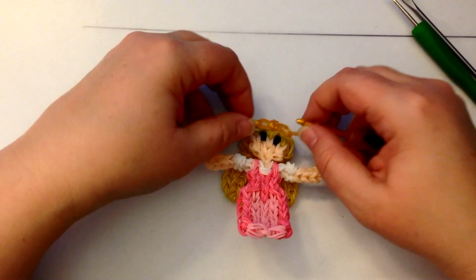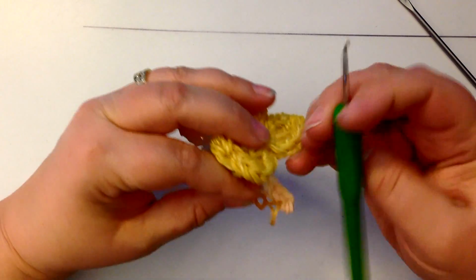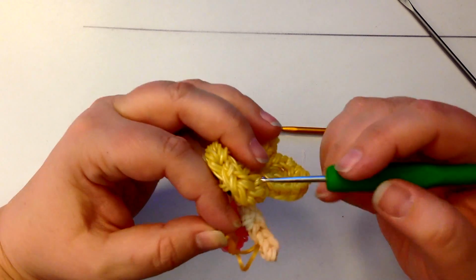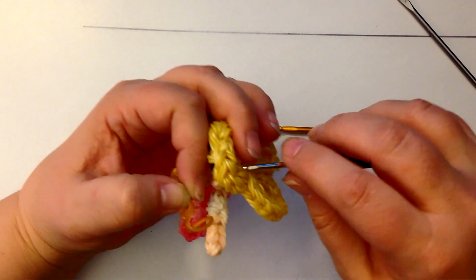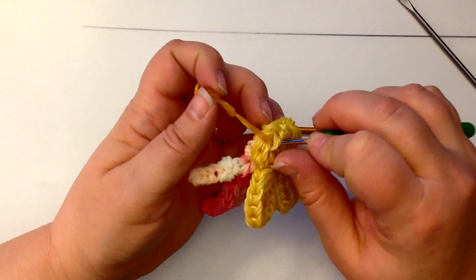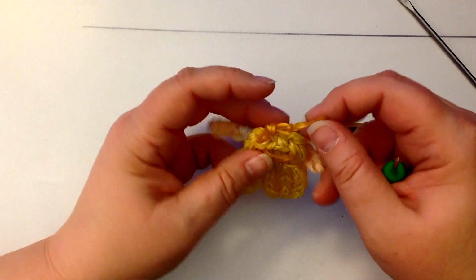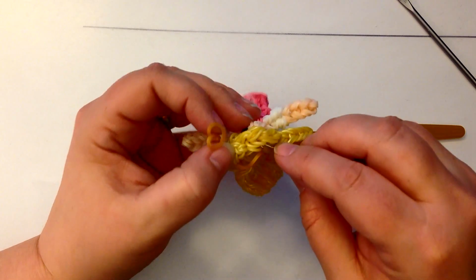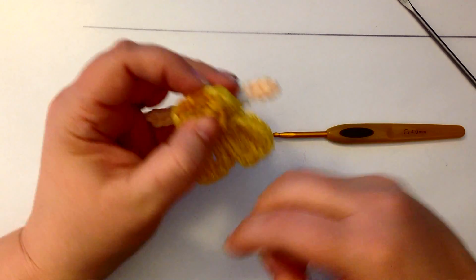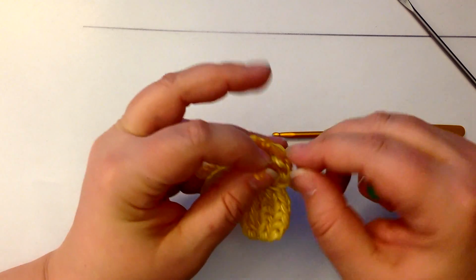Now all we're going to do is find a little spot here in her hair. Now if you have a look, you've got the centre bit here, but then you've got this one knot here and this one V here. Same here. I went through the second V, so this little V here is where I went through, and I drew back my band until I got to the knot, and then I did the same on this side, again drawing back until I got to the knot, so that that little knot where we did the slip knot was hidden,